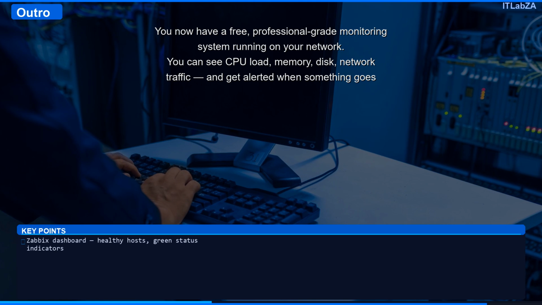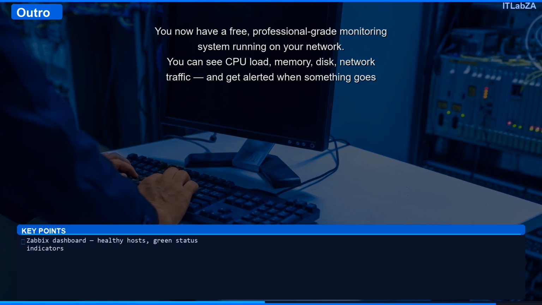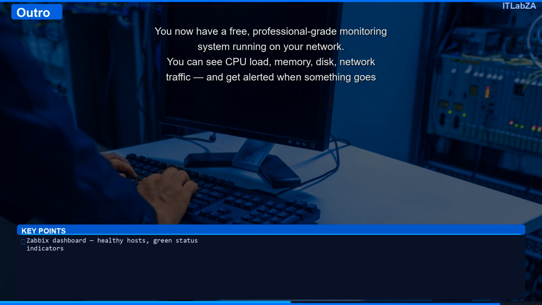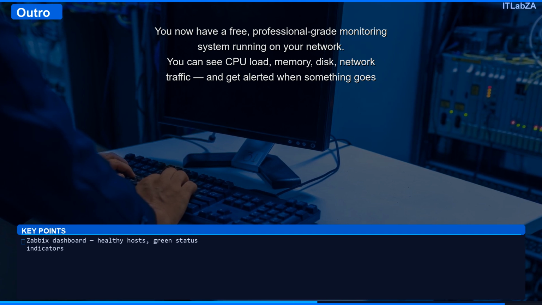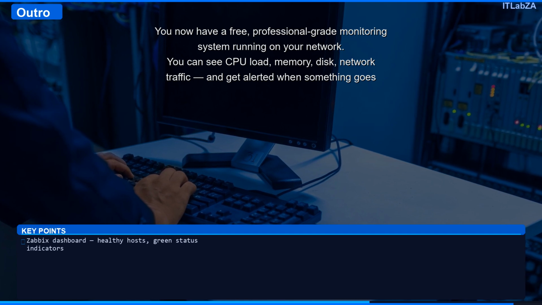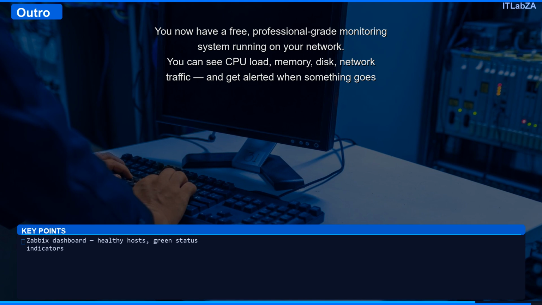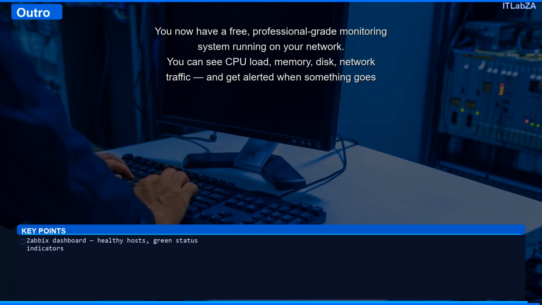Step 3. Set up the MySQL database. Zabbix stores all its data in a database. Run this to log into MySQL and create it. sudo mysql -u root -p, create database zabbix character set utf8mb4 collate utf8mb4_bin; create user zabbix@localhost identified by